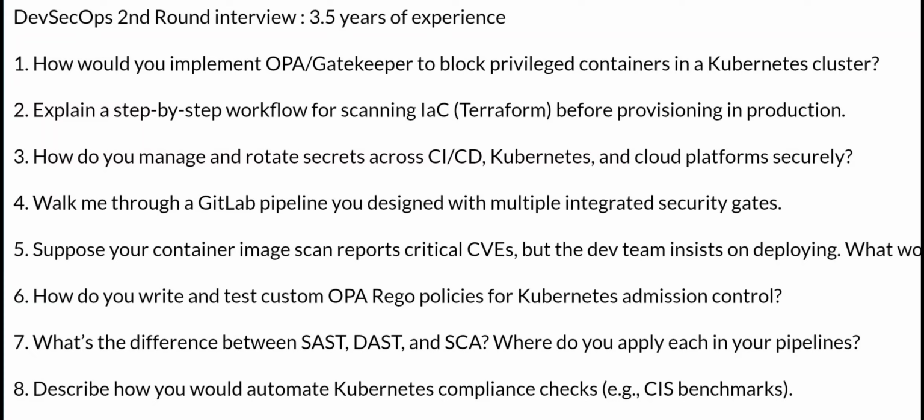The placeholders are in the CI/CD pipeline, and that scans the Terraform files. If there are any misconfigurations like open CIDRs or public S3 buckets, it will highlight them in the IaC scan. And if any critical issues are found, we can set up a condition that if it is this criticality, then you cannot pass the build to the next stage of the pipeline. Like that we have set up a kind of